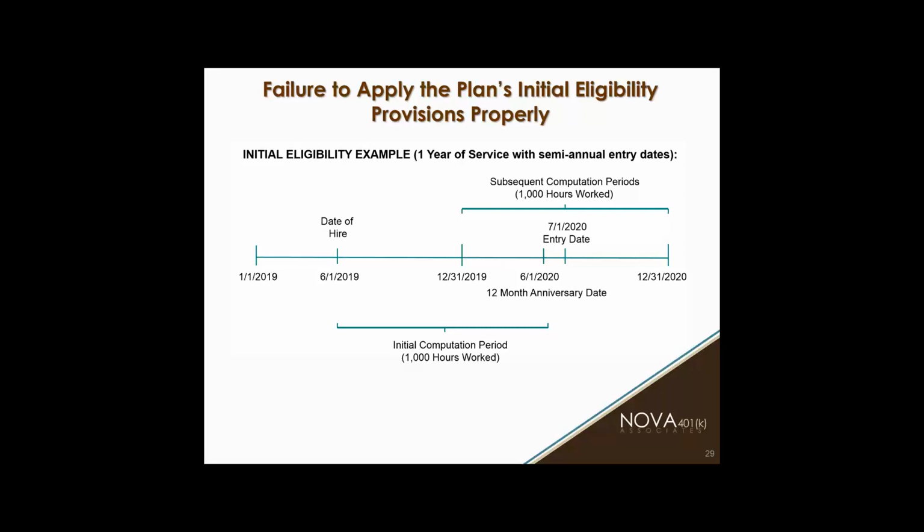You ask the same question in the next calendar year for this person, which is 2020. Did they work 1,000 hours in that period? If the answer is yes, then they come in on 1/1/2020, or they become eligible. They don't become eligible the day they work the 1,000th hour. They do become eligible on the anniversary dates, but that's how the 1-year wait works. Okay.